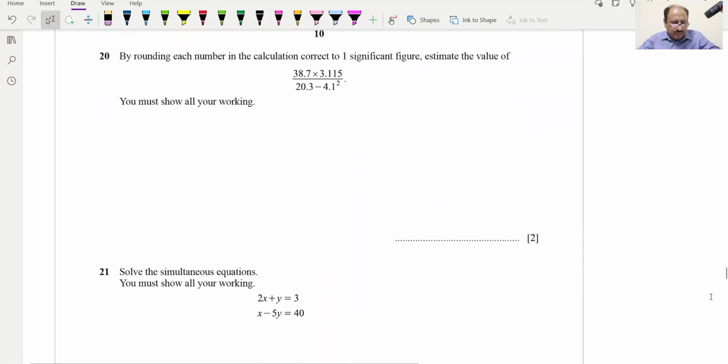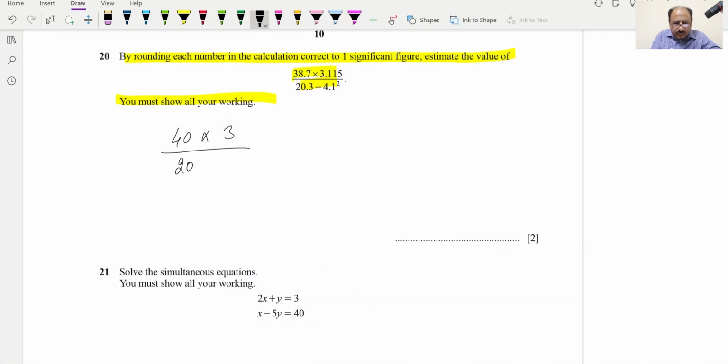Next is question number 21. By rounding each number in the calculation correct to one significant figure, estimate the value of this one, and you must show all your working. So 38 will be rounded to 40, and 3.115 will be rounded to 3, and in the denominator 20.3 will be rounded to 20, at one significant figure, and minus 4.1 squared will be rounded to 4 squared, and this will be equal to 40 into 3 which is 120,